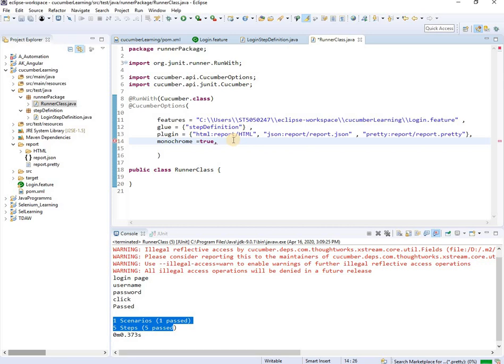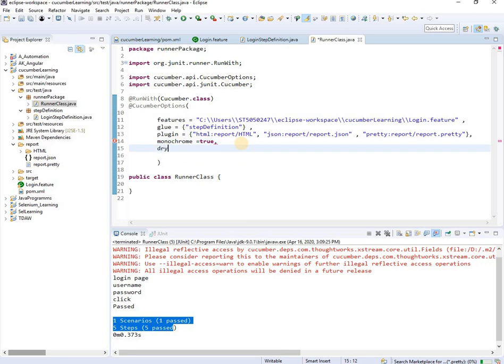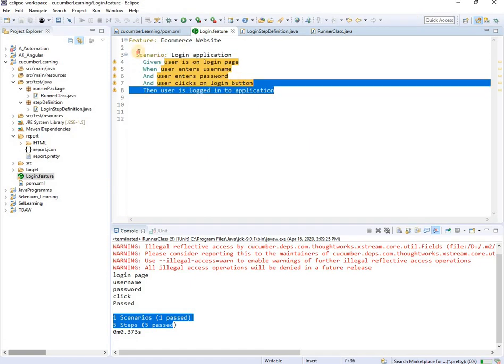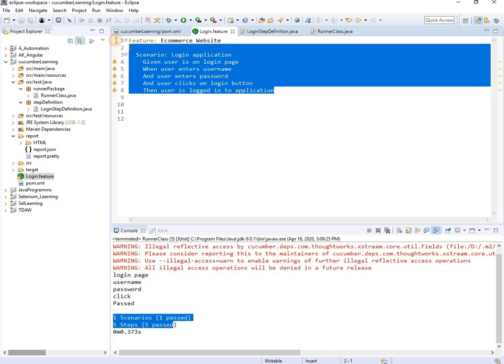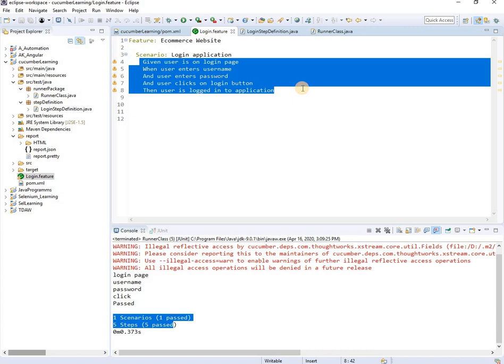Okay, one more thing I'll tell you in this video itself is about dry run. What is dry run? When we do a dry run, it means that we need to check that everything is working or not, everything is okay or not. So if dry run is set to true, it will check whether, for each and every keyword you have written in the scenarios in your feature file, you have written the step definition, the automation script, or not.